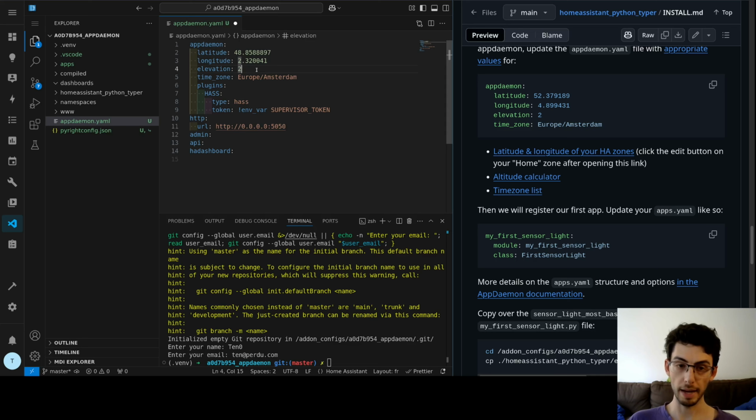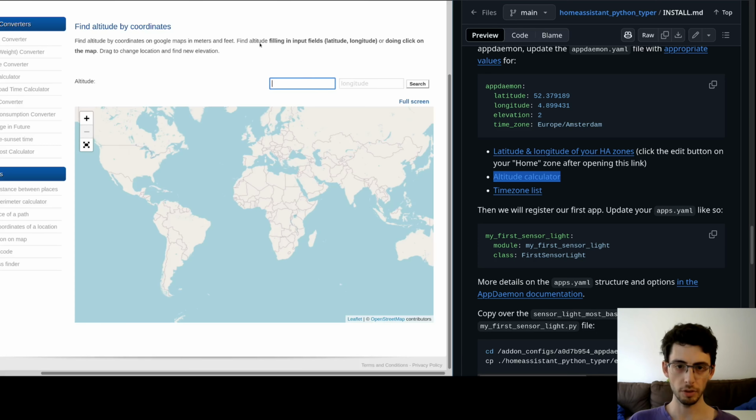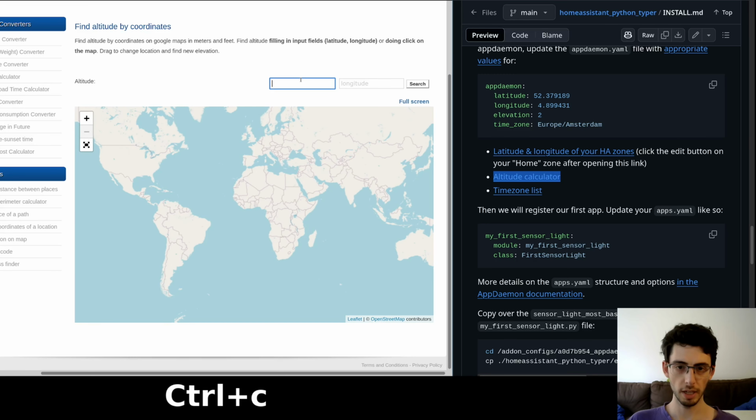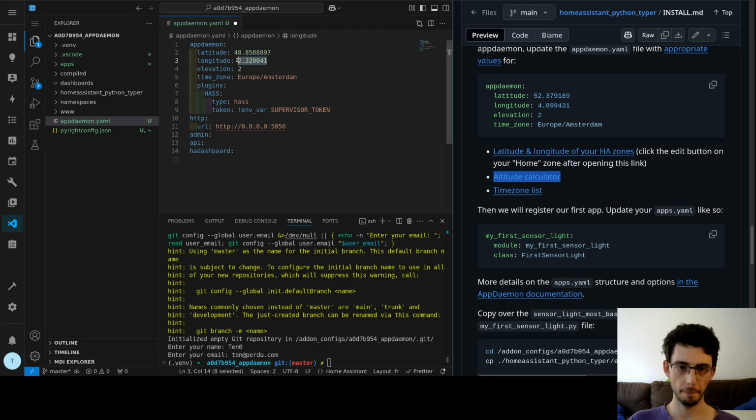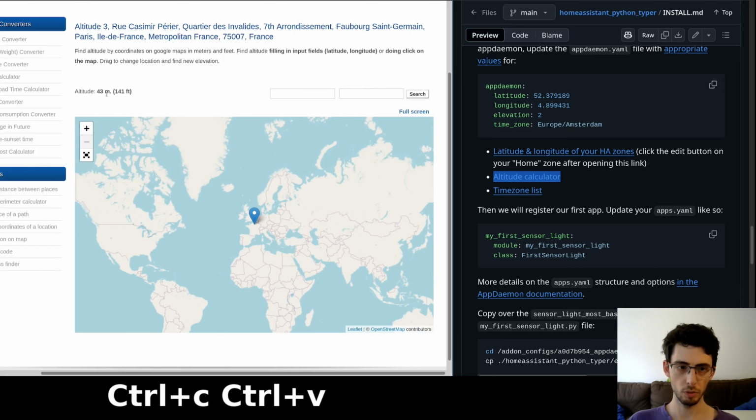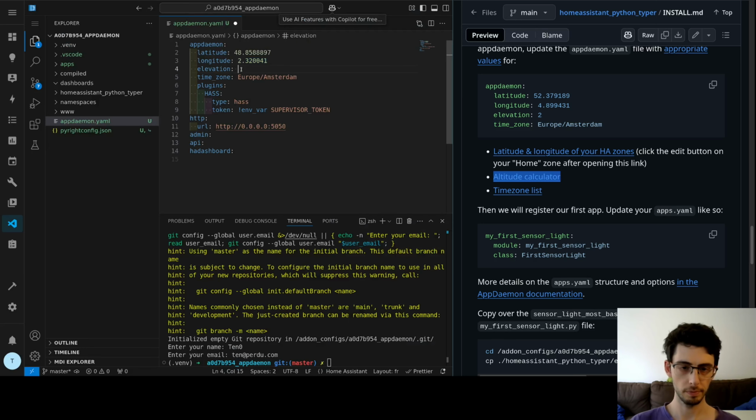AppDaemon would also like to know the elevation, so we have an app that we can use to calculate the altitude. We can enter here latitude and longitude of our GPS coordinates. And click Search to obtain the altitude.